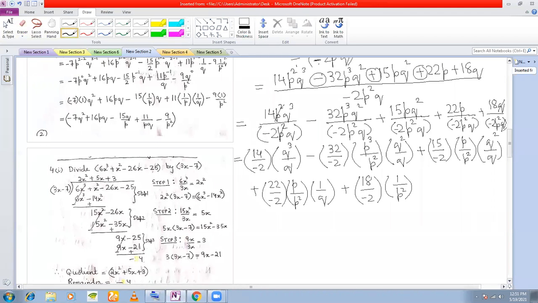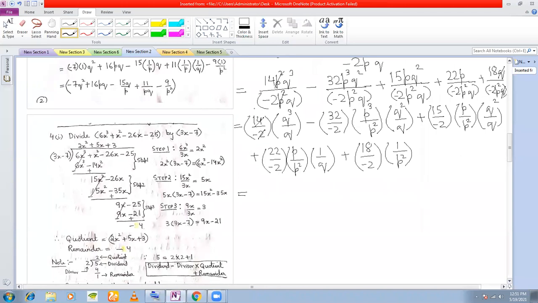Okay. Now we'll simplify this. See, this 2 will cancel with this 14, 7 times. And you have a minus sign here in the denominator. As I told you, when you're talking about a fraction, whether you write the minus sign in the numerator or in the denominator, it's the same thing. So this minus sign will go up. It will simply give you a minus 7. And q to the power of 3 minus 1 will give you q². Again, this cancels here 16 times, right? Now these minus signs will combine with each other to give you a plus sign. 16, and you have p^(3−2), q^(2−1).